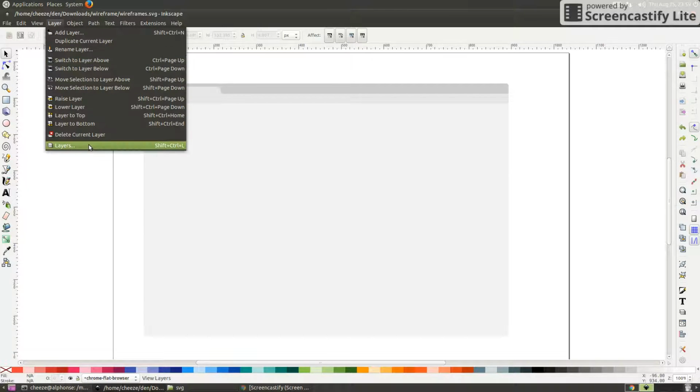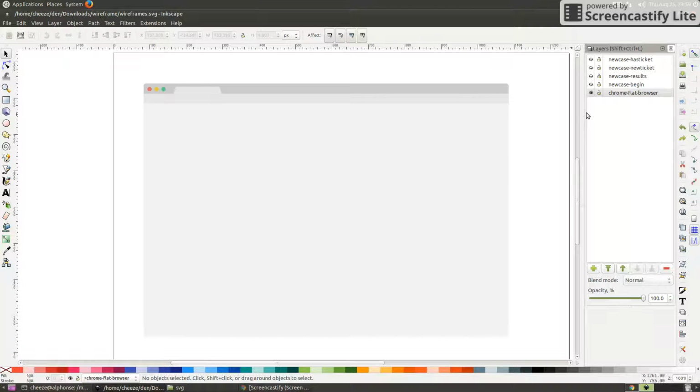First off, let's bring up the layers panel, and we have this at the bottom layer, this wireframe of a browser. We'll duplicate this layer by right clicking on it and then duplicating it. Then we give this a descriptive name. I am going to create a new page, new case enter for